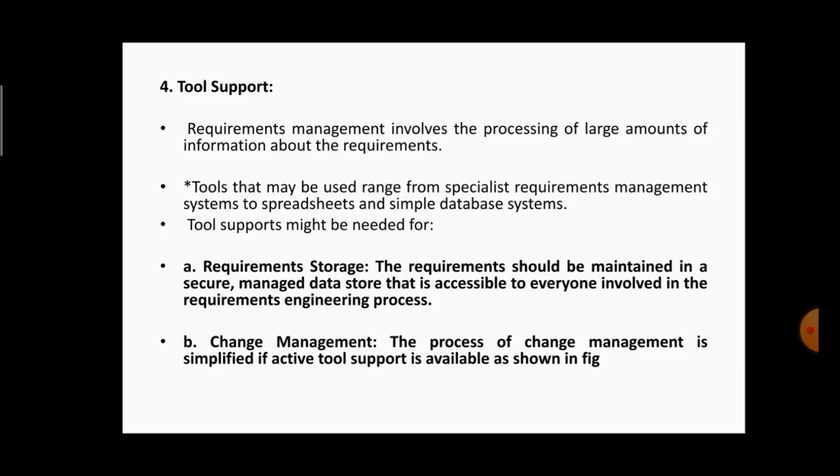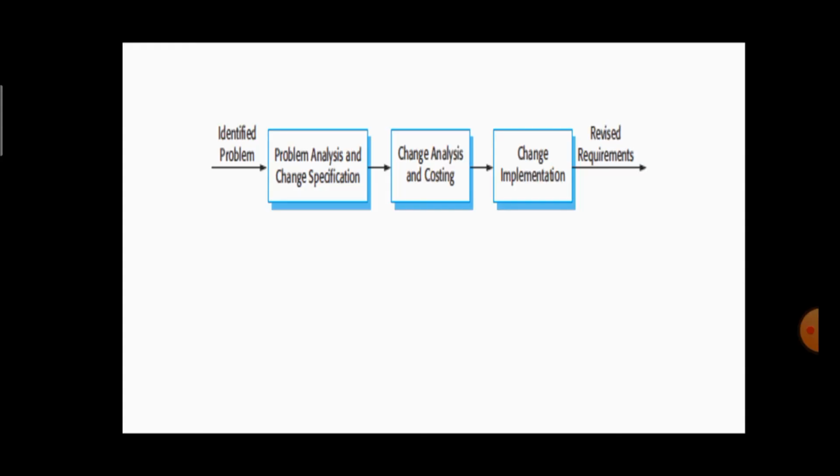For example, the requirement change management process is explained here. See here. Suppose a customer says to include a new requirement or to change a requirement. What you have to do is the problem analysis. You can see the problem identified. That means the change you have to make is taken here, and you have to analyze whether it is possible to change the requirement. You should check it first. If it is possible, you can proceed further.